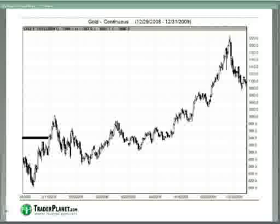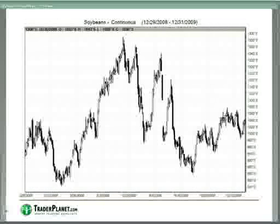As everyone who's been in the gold market always is of high interest, and that is the E-mini. The E-mini market was a situation where we had some erratic action, as you recall, going on, and when we look at what happened in the E-mini in 2009, beginning of 2009, you had a